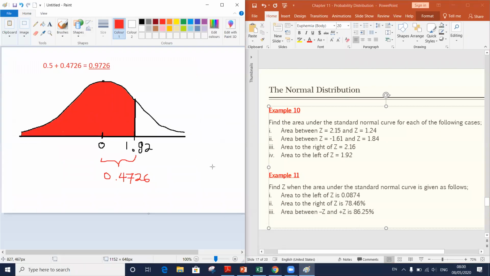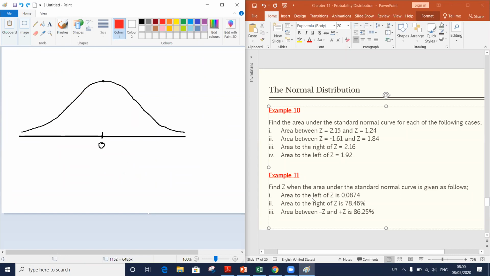Okay, example number 11. Right. What does it say? In example number 10, if you have any doubts, you can unmute and talk, or you can put it into this chat box. Hope we can move to example number 11. Right. Okay. Example number 11.